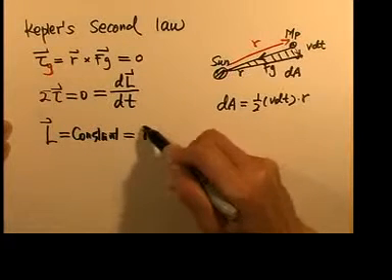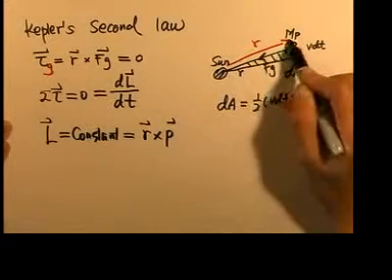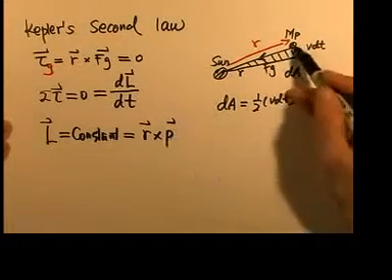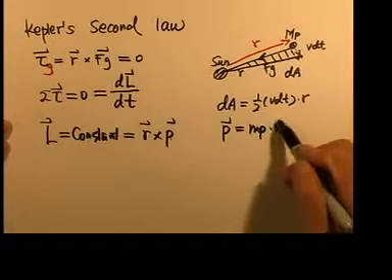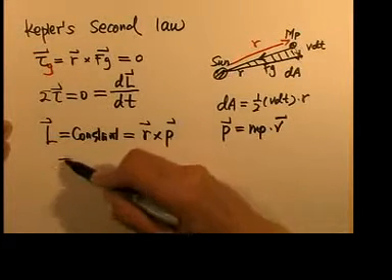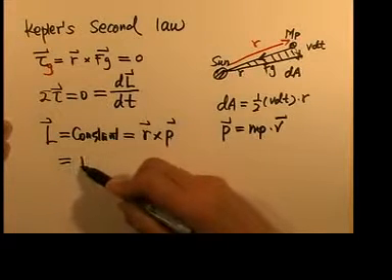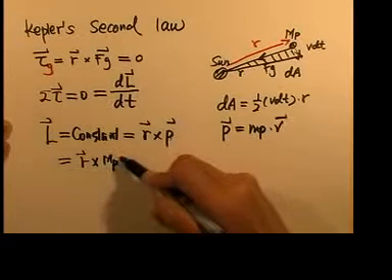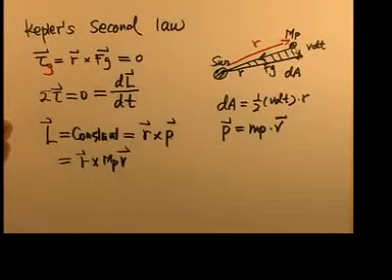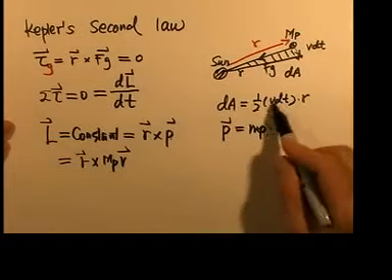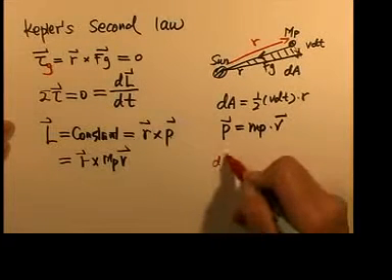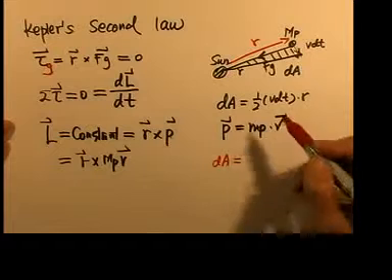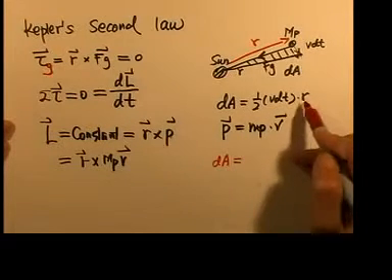Well, L is defined as r cross p. r is this position vector, and p is the linear momentum of our planet, that is the mass of the planet times its instantaneous linear velocity v. So our angular momentum equals r cross this linear momentum m_p v. Now, since we already know that dA equals 1/2 of base times height, if we continue on that, we have that dA equals, now we can replace our r and